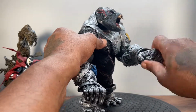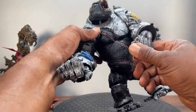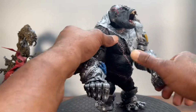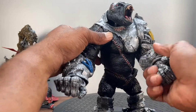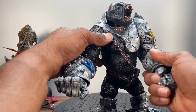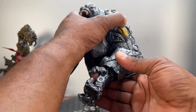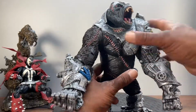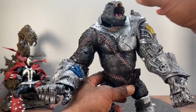Wrist rotate, and you get this big hinge that's ratcheted. In and out. Nice range. No complaints there. And it rotates. And you get a little sway in the elbow. It's really not like a boss set or your traditional rotation, but it's there. You don't get a cut at the mid, at the ab cut, which is